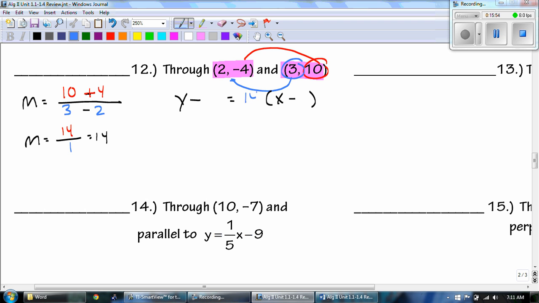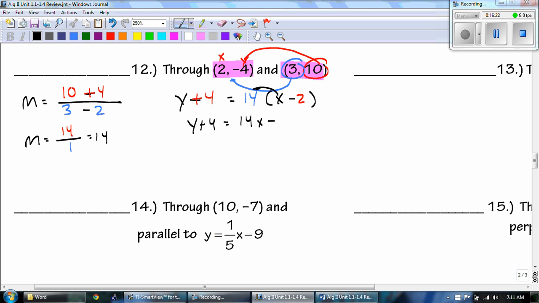I know that my slope is 14, and you get to pick which one you want. Okay, I'm just going to do the first point, 2, -4. Okay, remember what your x and what your y is. That turns to a +4 and y -2. Okay, so I have y plus 4 equals